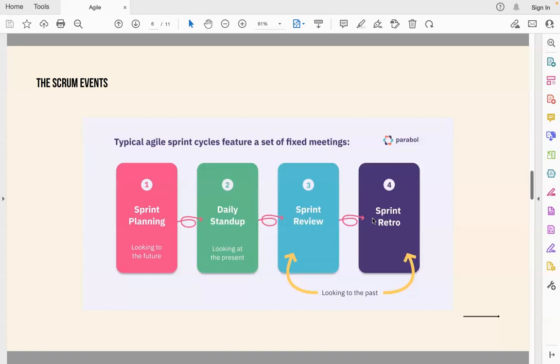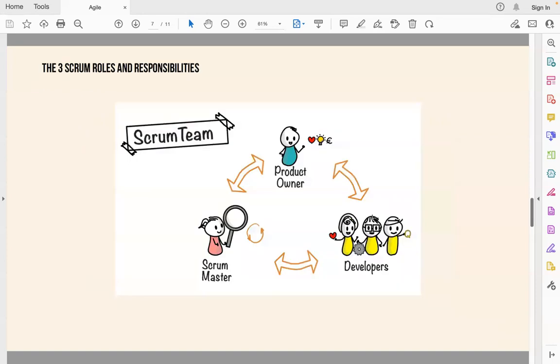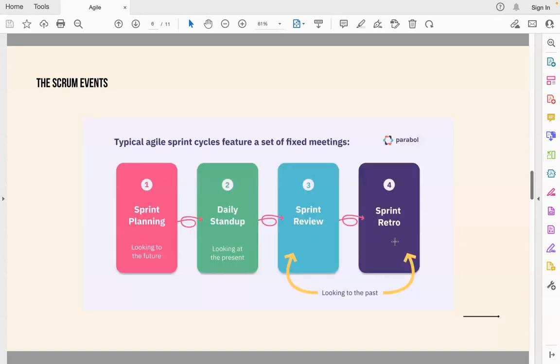So there we improve the Scrum team's level of transparency and knowledge, and the daily scrums are often short. Some teams choose a 15 minutes time box, so the team tends to be highly focused. The sprint review is where the team inspects what resulted from the sprint and adapts the backlog as needed. The sprint retro, or the sprint retrospective, is where the team discusses what went right and what went wrong and how to improve. So with the sprint review and sprint retro, we're looking at the best of what we did in our current sprint.